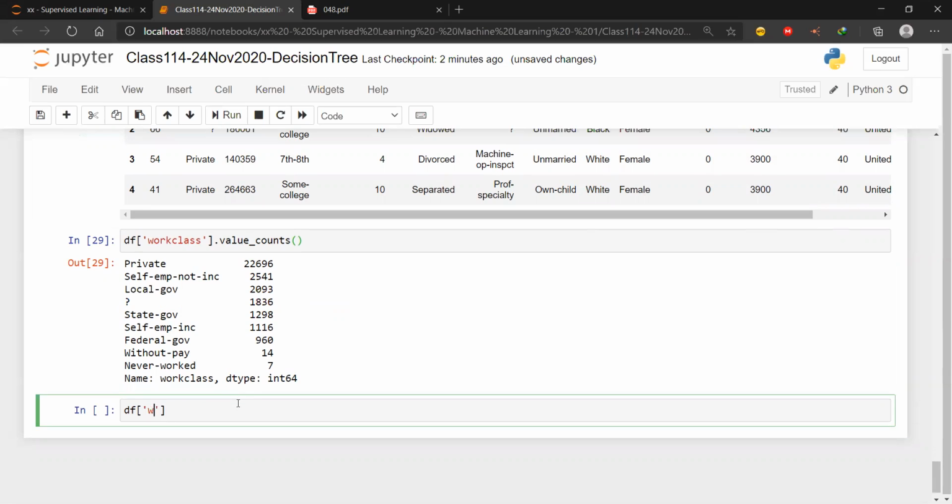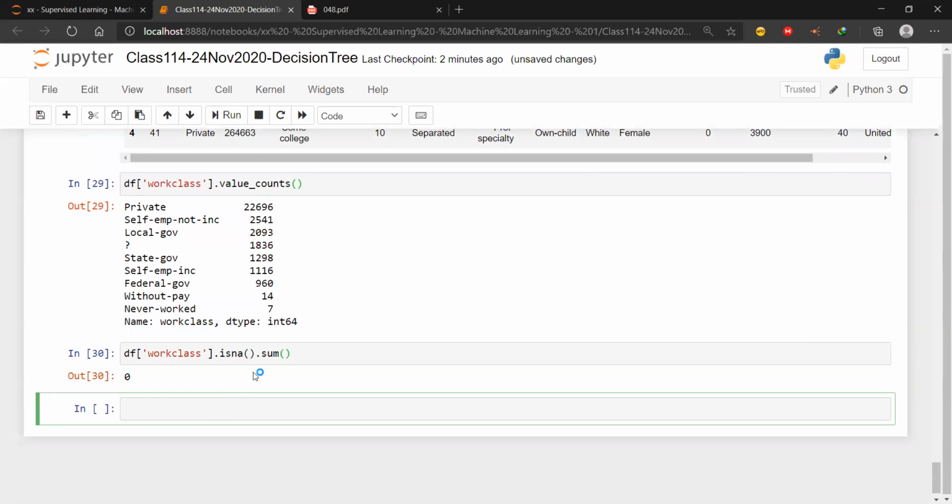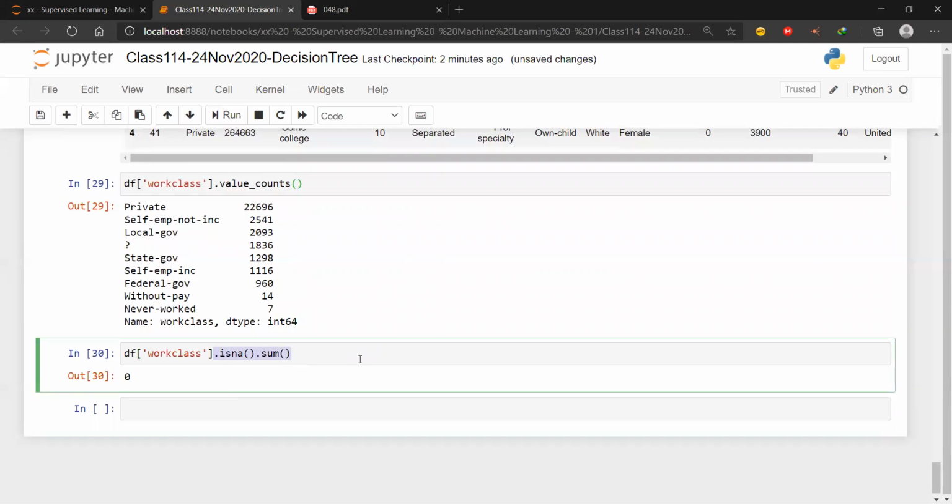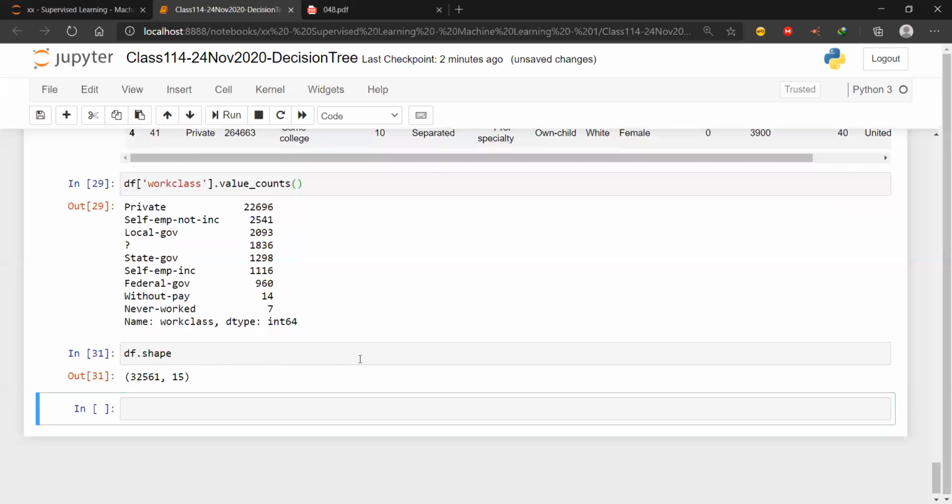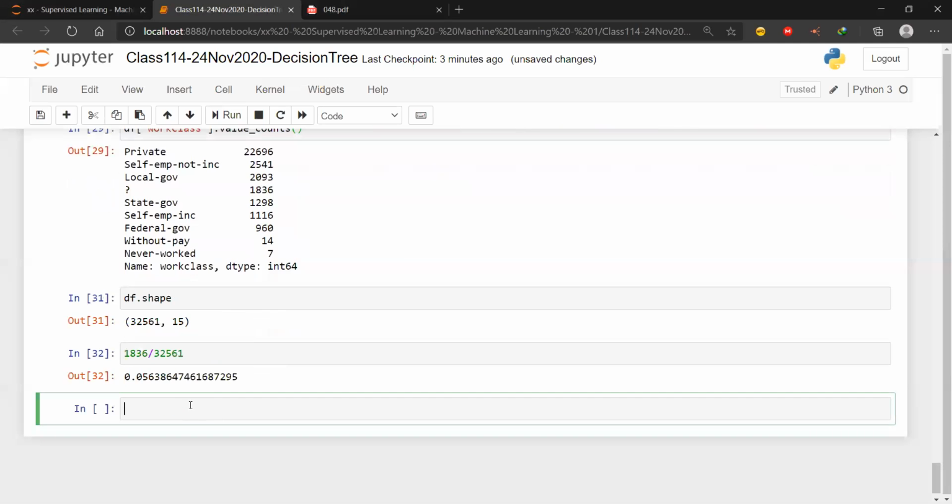So df work class is na sum is na. There is no such count there. So okay, I can do a manual calculation also. That is not an issue. Df dot shape is what? 32561. Now the question here is 1836 divided by 32561. This is the percentage of null values. So what I'm going to do, I'm going to,